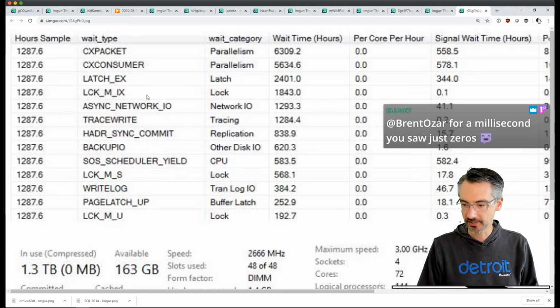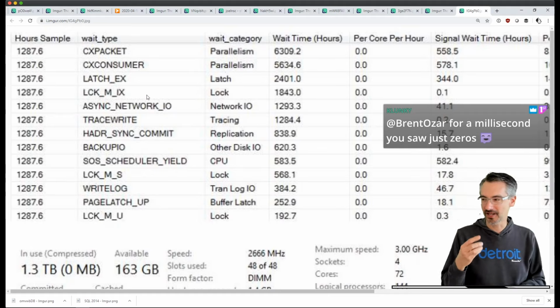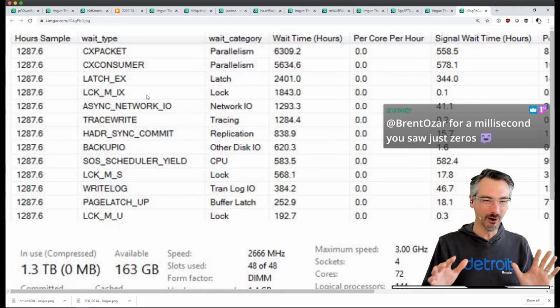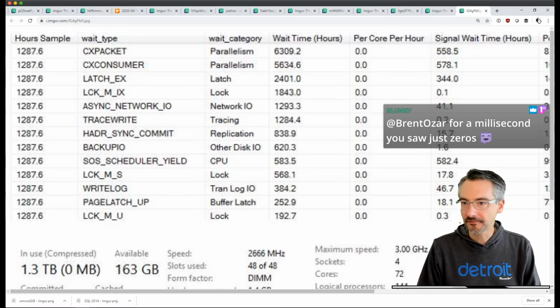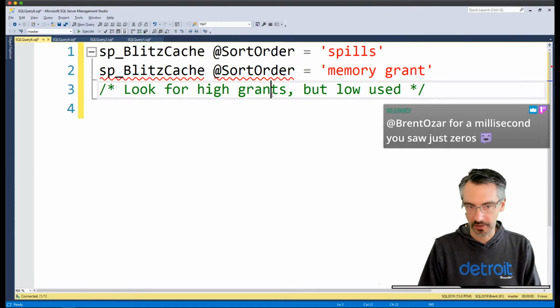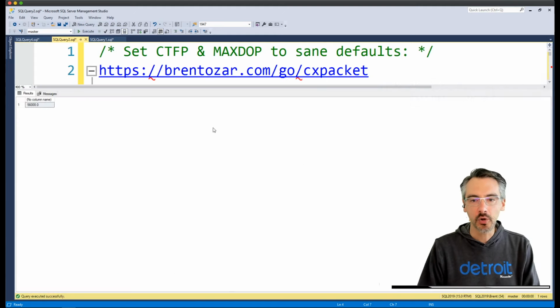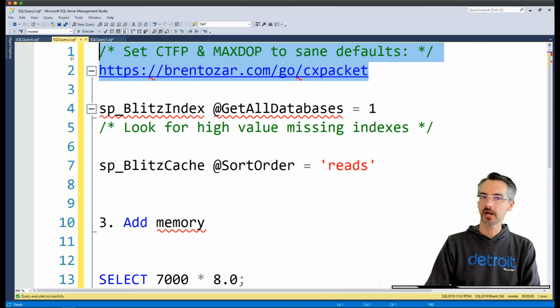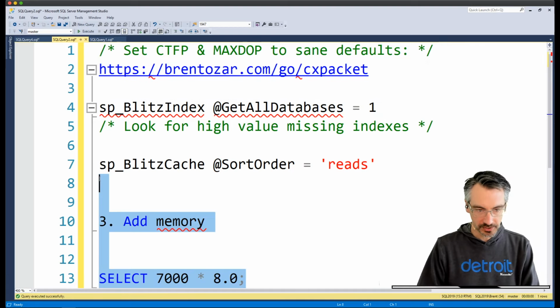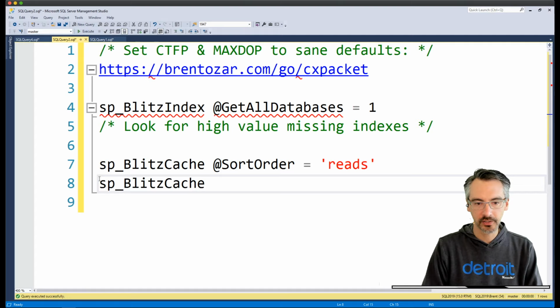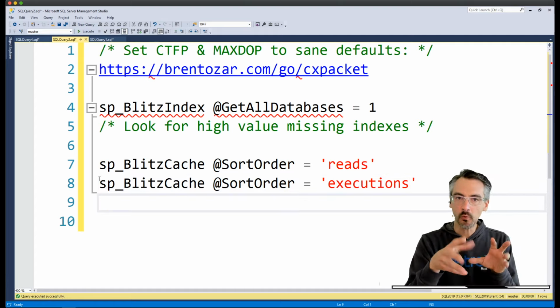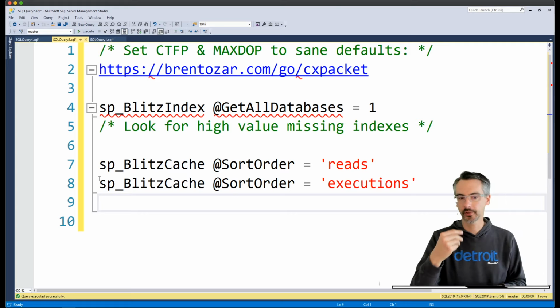That's kind of nasty. Yeah, Clunky says for a millisecond, all I saw was zeros. And I'm like, no! So the first major thing that I would go and focus on is just to pop back over to this screenshot. And I know that you've already done the top piece there, but you need to do this set in here, sp_BlitzCache sort order equals executions. So that one-two punch is going to catch your top 3 waits.